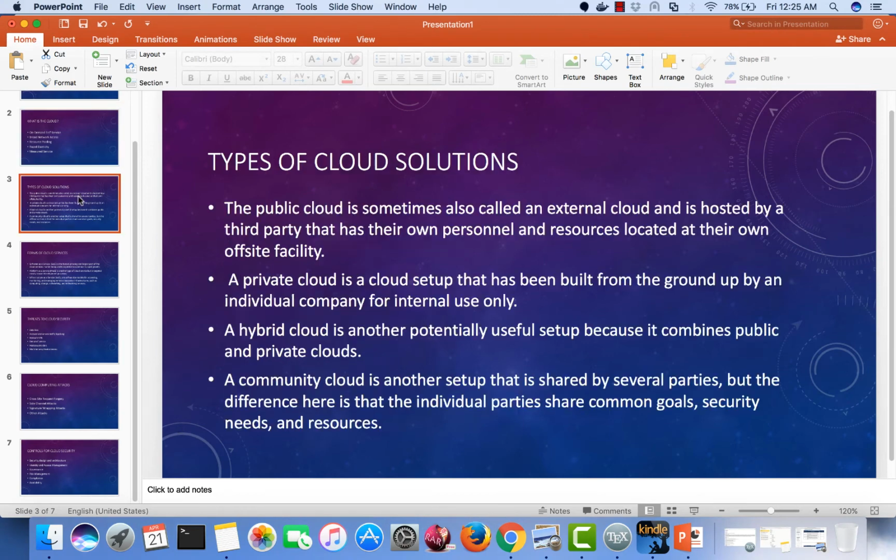So we've talked about what the cloud is. Let's talk about some of the types of cloud solutions. Calling it the cloud is not really accurate, because it doesn't fully describe the scope of the services. Even though cloud services share the ability to provide resources, software, and information to reduce information technology costs, they can also combine services in a lot of different ways and scale up an almost unlimited amount